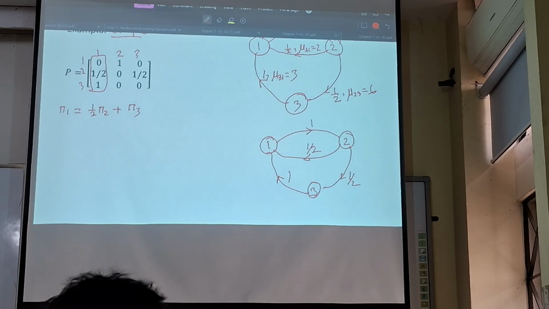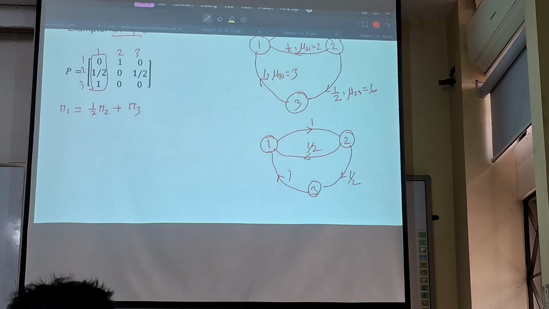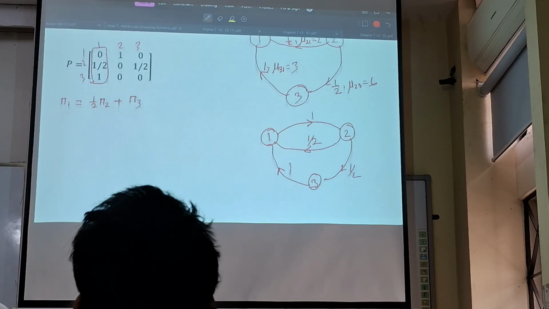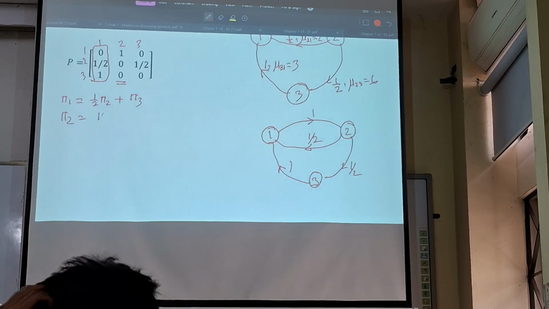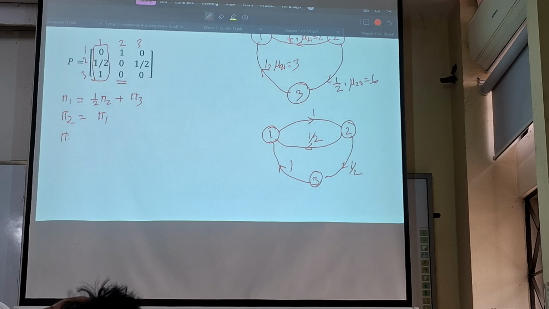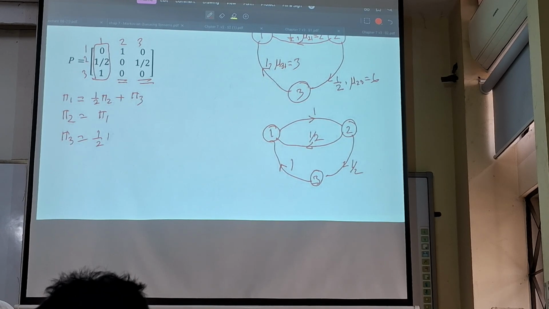Pi 1 will be multiplied with this probability 0, pi 2 will be multiplied by half, pi 3 will be multiplied by 1. For pi 2, our focus will be this one, and it is pi 1. For pi 3, we are here, it is equal to half into pi 2. And